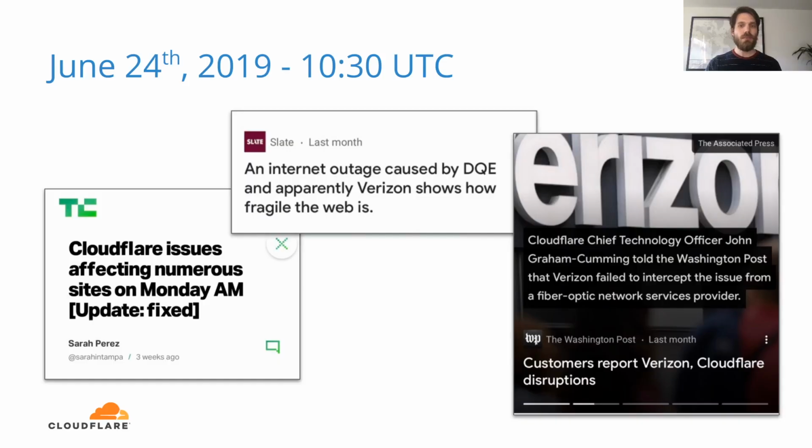So now that we have some more background and hopefully a better understanding of where we've come from, what actually happened on June 24th, 2019 at 10:30 UTC? Well, as you can see from a couple of snapshots from press articles, on that day for almost 2 hours, the internet had a heart attack. A very high-profile heart attack even. In those 2 hours, multiple high-profile websites became unavailable. Unfortunately, a lot of them were using Cloudflare services, or at least that was what was being published.